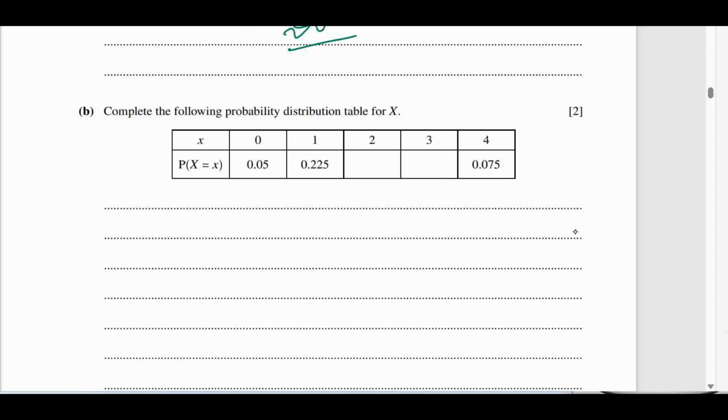The second part, B part. Complete the following probability distribution table for X. Now here we can see that now we have to complete the table. Now this one is probability of 2 and probability of 3. Let's find out the probability of 3 heads. So x is equals to 3,